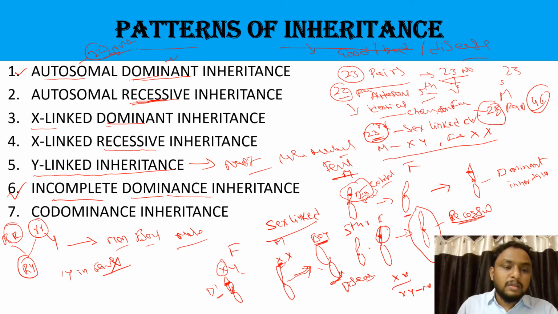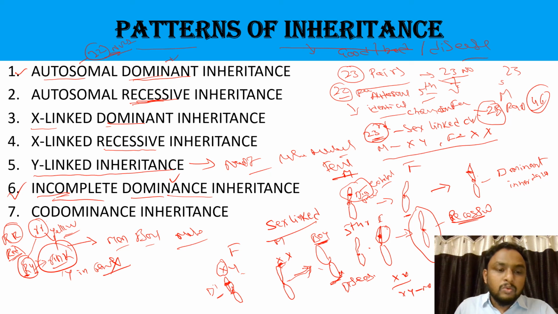According to the principle of inheritance, dominance, there is no need to get the complete dominant, either capital R or the small r. Imagine the capital R denotes red color and the small r denotes yellow color. It means there is no 100% guarantee of getting red domination or yellow domination. By mixing of these colors, there is a chance of getting pink color. That is called incomplete dominance, failure of dominance.